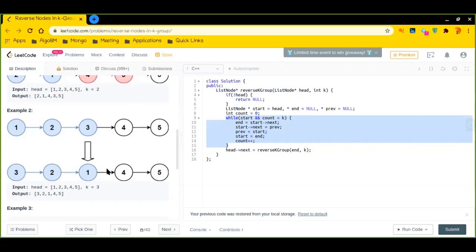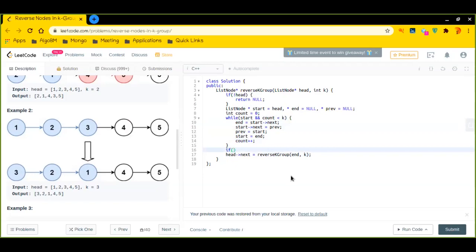Okay, so to fix this, we had discussed that we had to initialize a variable by which we can track how many nodes have been reversed. So for this we have used this particular count variable. When we see that count is still lesser than k, that means we have reversed a wrong segment, right?